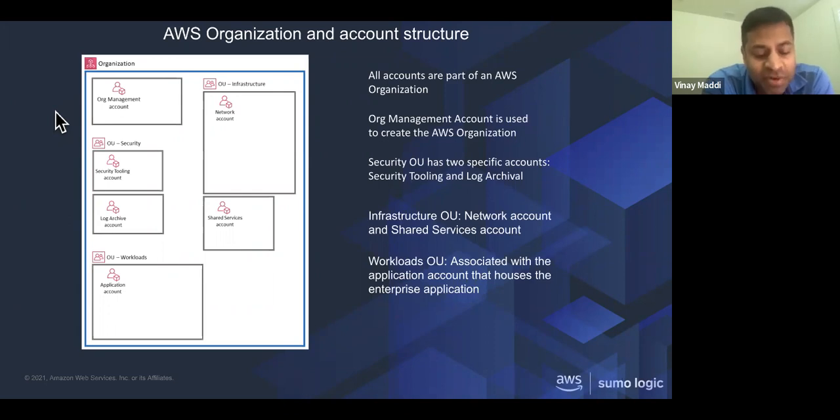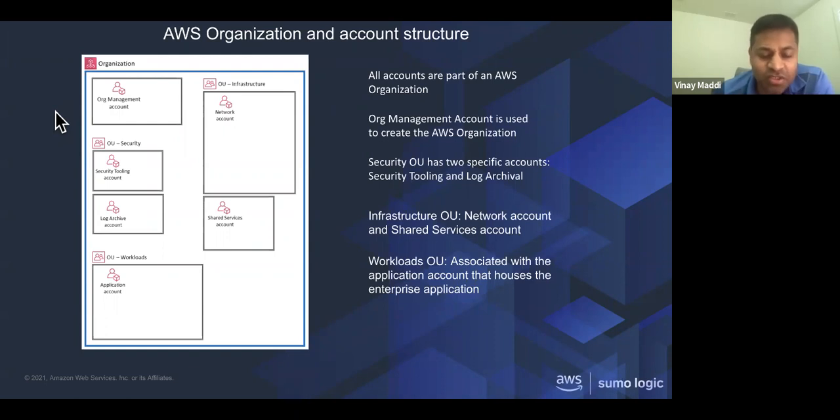So what we suggest from a security reference architecture, which was published a couple of months ago, if you Google AWS SRA, security reference architecture, you should see all this. Essentially, we come up with a basic high-level division of account structure. You always have a management account, which is more or less the root account of all your sub-member accounts, and then divide your other accounts into different organizational units.